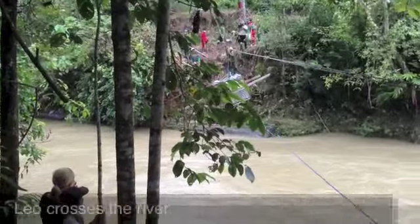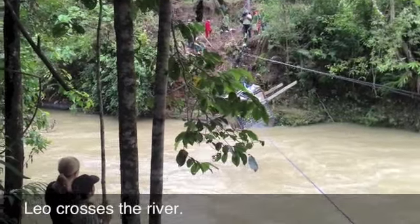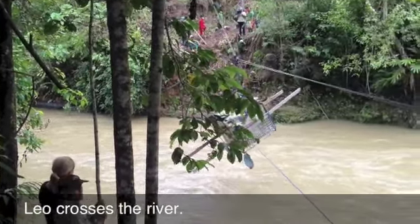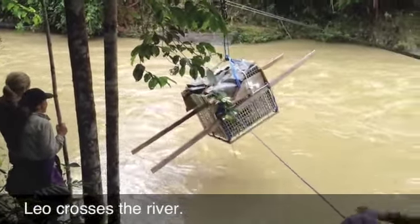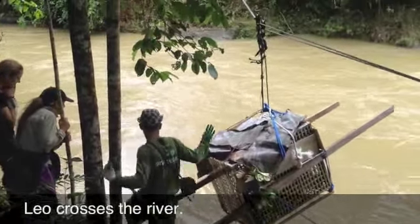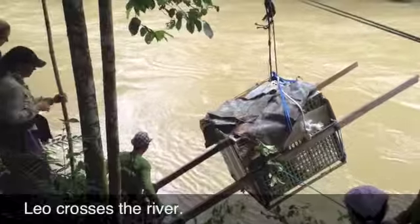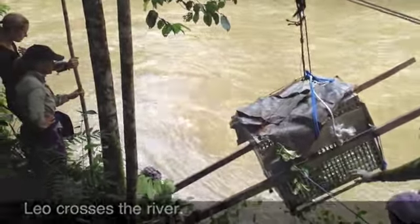So this is Leo coming across the river in his sling, huge cage, about 150 kilos. Leo's not very happy about it, you can see him in the middle of the cage there. Lots of yelling and screaming. So we're going to lift up Leo's front and back and get in there. 300 metres of the journey. We're just going to lug Leo and Jiminten up the hill,